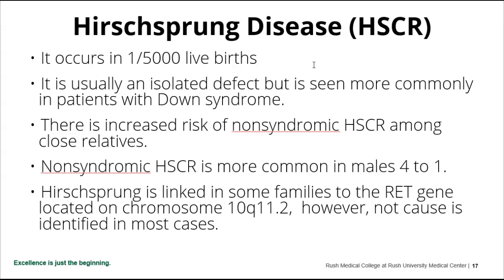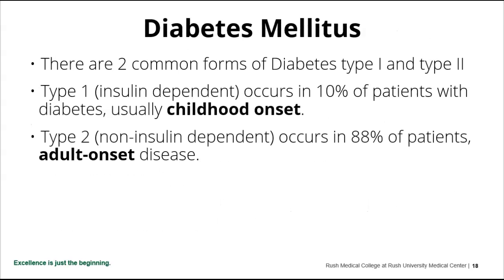Hirschsprung's is linked in some families to the RET gene, which is located on the long arm of chromosome 10. But most cases don't have this. And what's kind of interesting about the RET gene is that other mutations of the RET gene can also result in something called multiple endocrine neoplasia, which we'll learn about next year. Anyway,